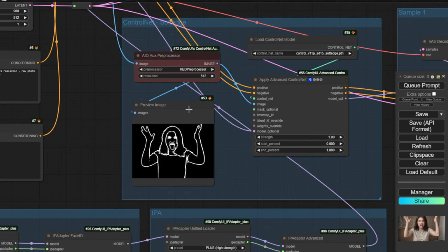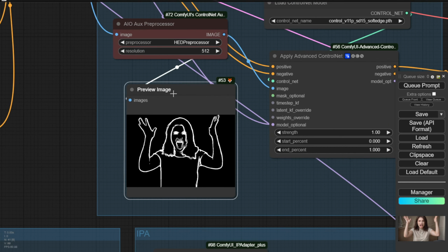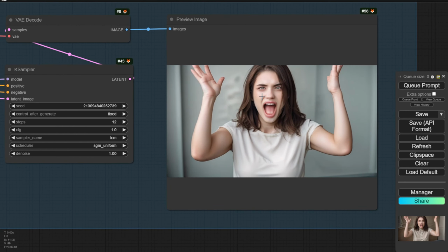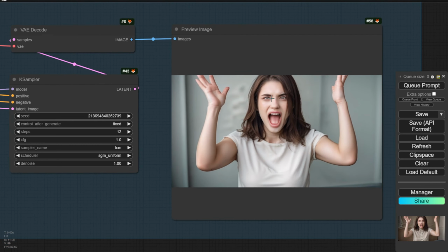We have the Soft Edge 1 first. The first group is the Soft Edge ControlNet. We see lots of traced lines capturing the character's full face, mouth, and emotions. As you can see, the facial expressions in this AI image do capture the screaming, and there are some wrinkles on the forehead of the character. However, there are many details lost in the change of the side of the face, and some face muscles are